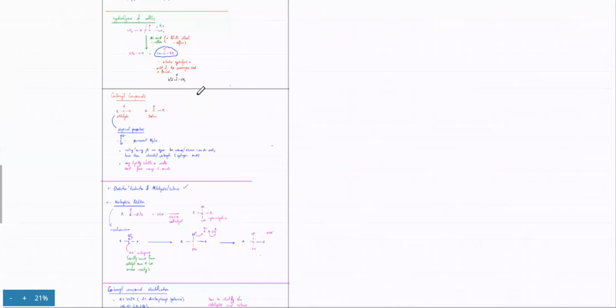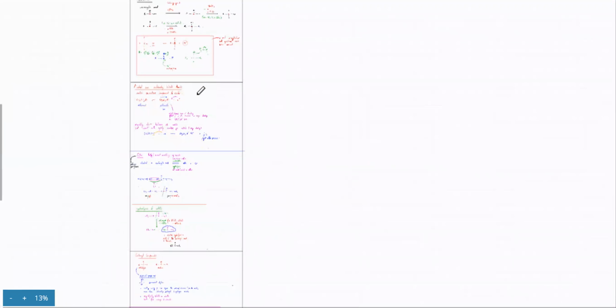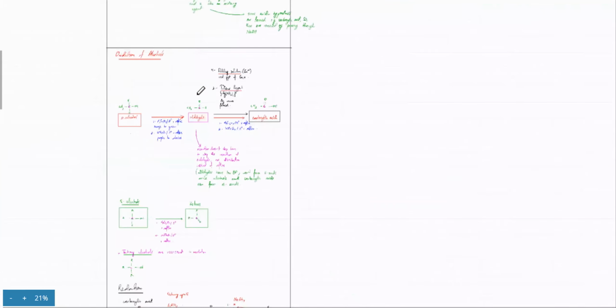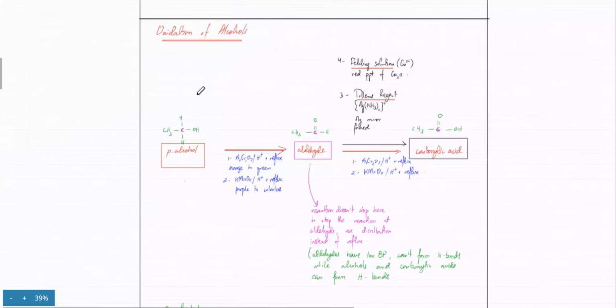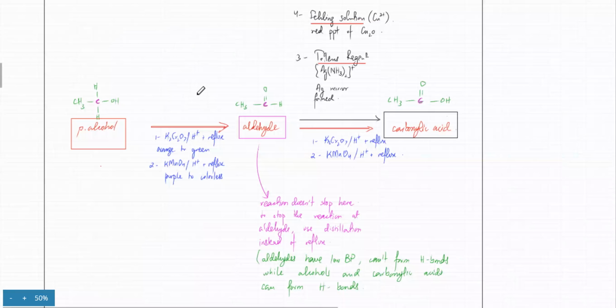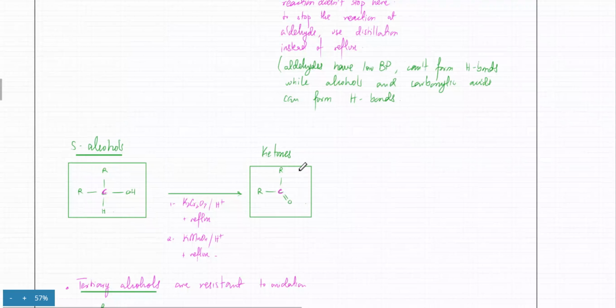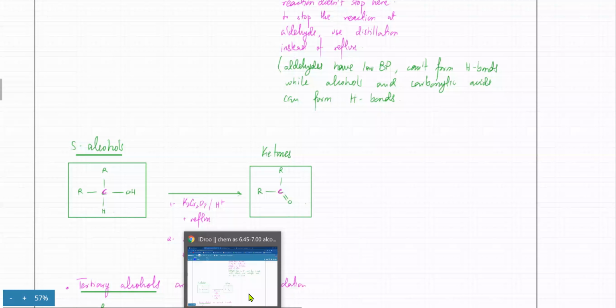This we studied in alcohols, oxidation of alcohols. The way you differentiate is that aldehydes get oxidized by Fehling's and Tollens' reagents. They get oxidized to carboxylic acids, while ketones don't. Ketone oxidation stops at ketones. They don't undergo any further oxidation. So that was the difference between aldehydes and ketones. So going back to the paper,